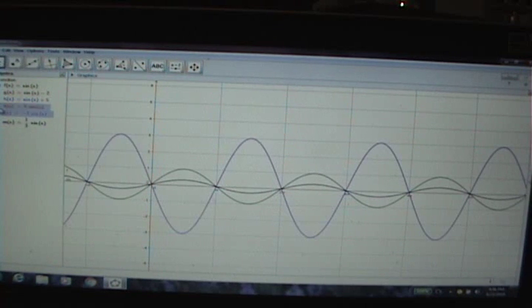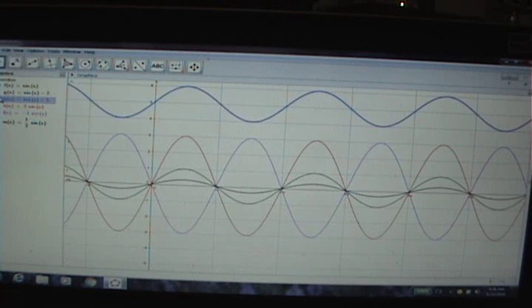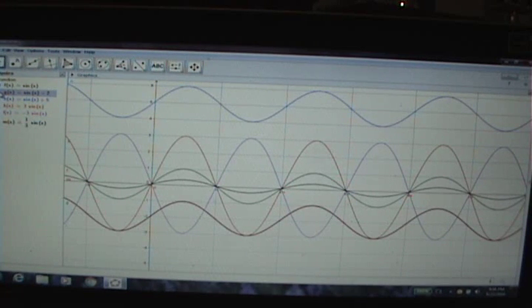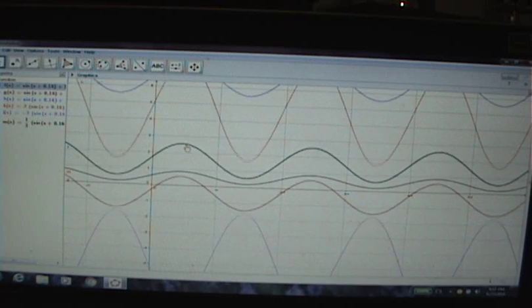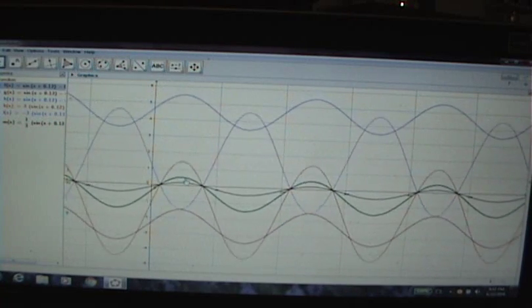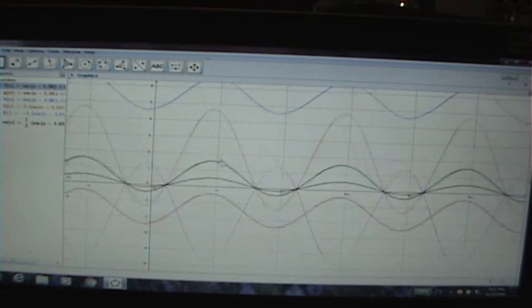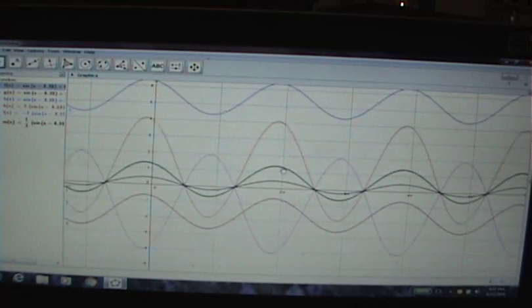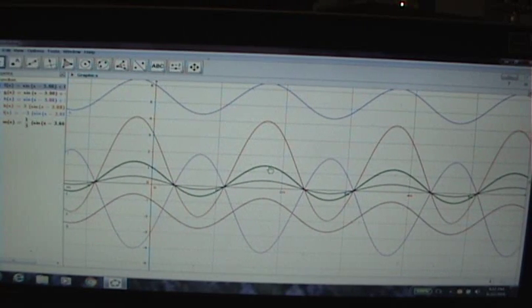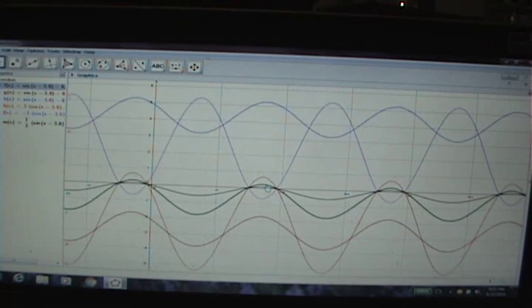Now I'm going to bring all of the graphs up. Now remember, our original graph is the one in green. If I change this graph, if I do anything to it, it's of course going to affect all of the graphs that are dependent on it. Why? Because they depend on the values of this function. So if I do a horizontal shift, left or right, you can notice that every function also shifts left or right. If I change the amplitude,